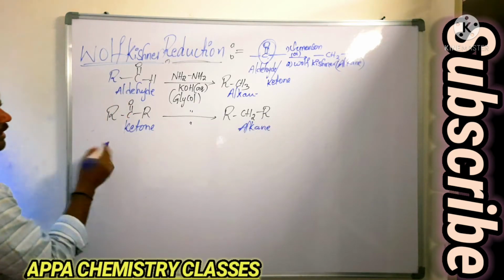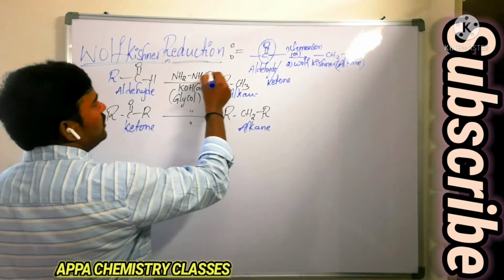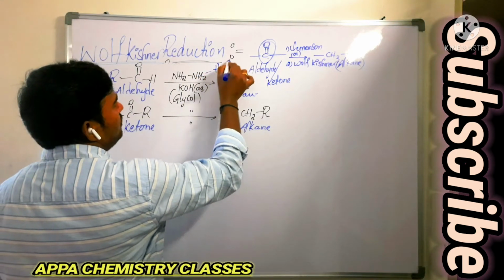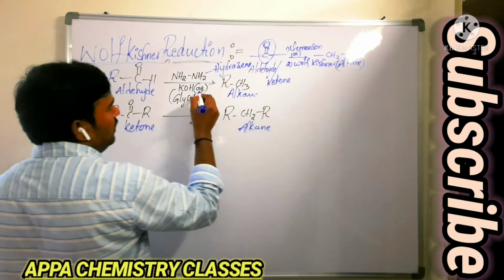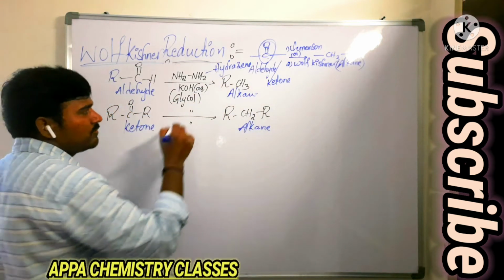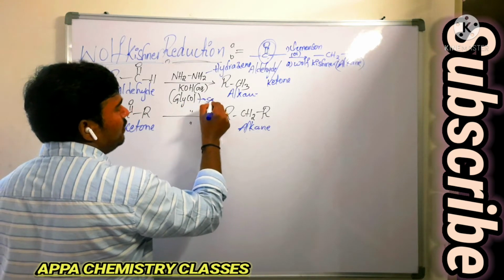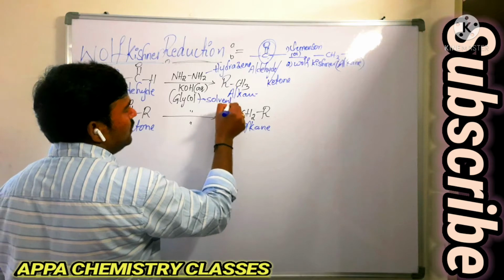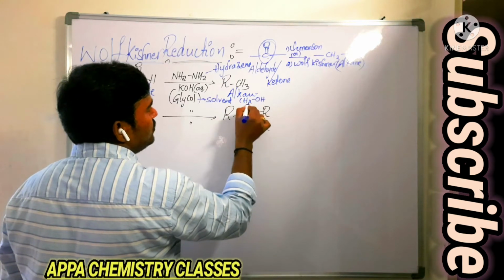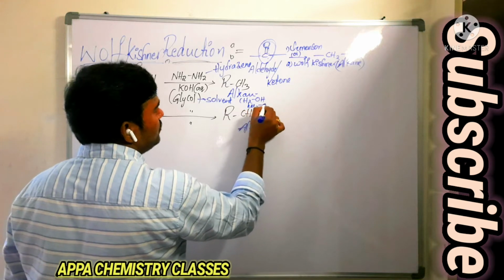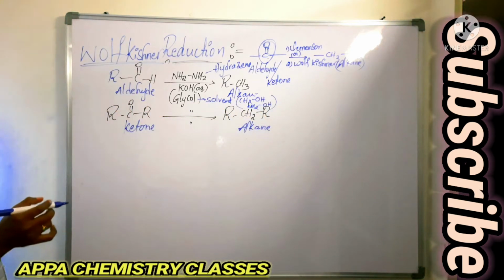Now you take any example here. In this case, this NH2 NH2 is called hydrazine, in the presence of aqueous KOH. So we are taking ethylene glycol. What is the role of this ethylene glycol? It is a solvent. It is a polar solvent we are using, CH2OH, CH2OH. So ethylene glycol is used as solvent in that reaction.